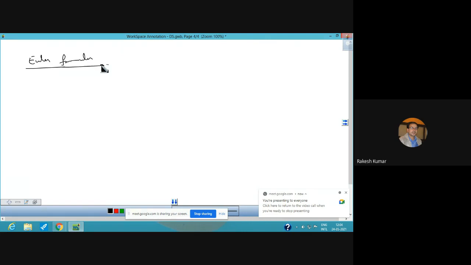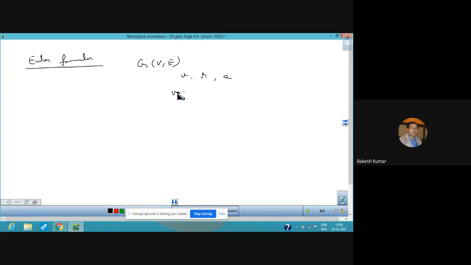Euler formula was: let G be a connected planar graph with V vertices and E edges, where the number of vertices is denoted by small v, the regions are denoted by R, and the edges are denoted by E. Then the equation for the formula is V plus R minus E is equal to 2. And this formula has been verified with the help of induction. Now let us move further, and we shall apply this formula in proving some results.